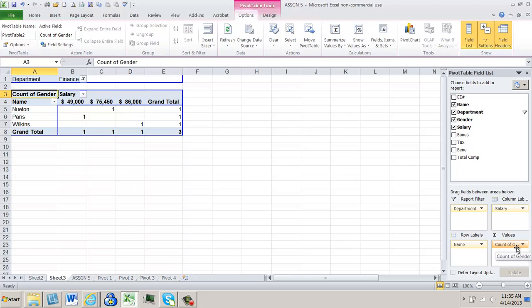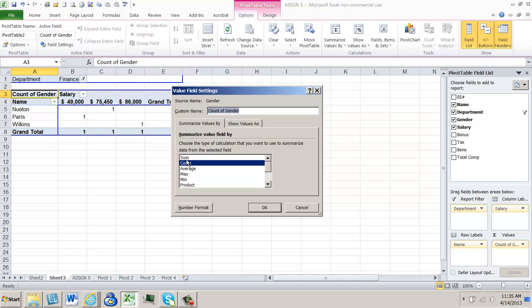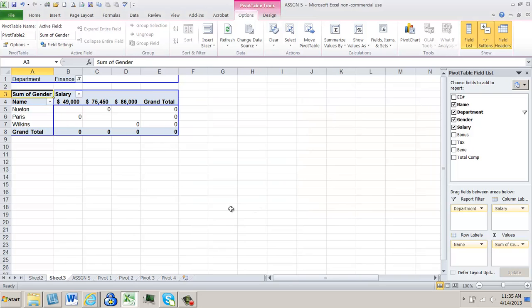So notice this says the count of gender. You can click on this and you can actually change the value of the field settings, and you can say the sum or the count or the average or the minimum or the product. So that's how you would change how the value shows up within. So if we say the sum, now